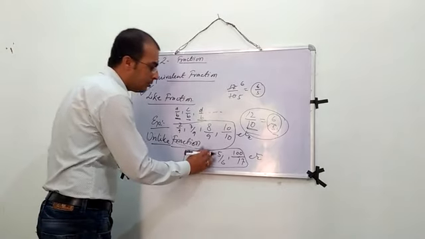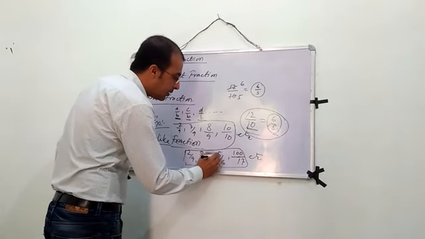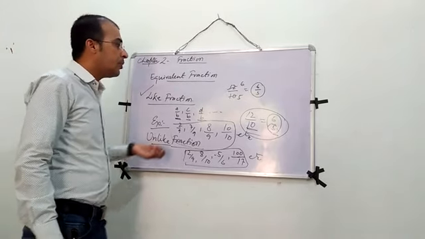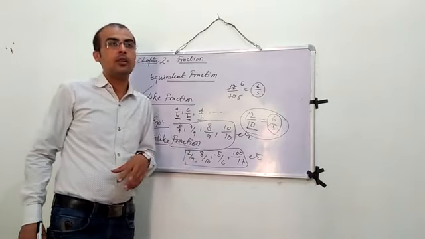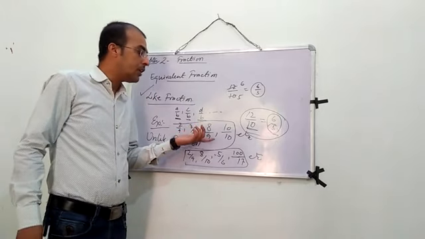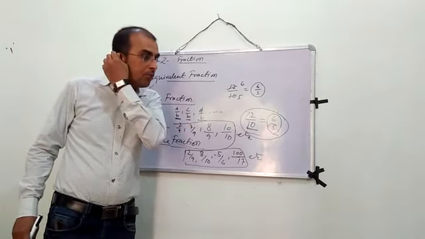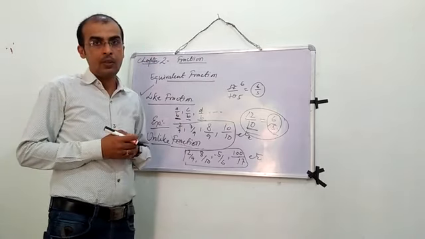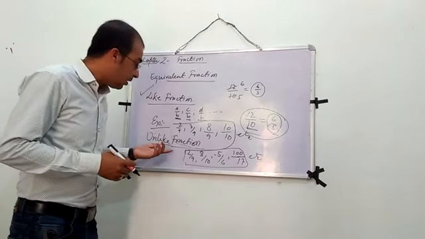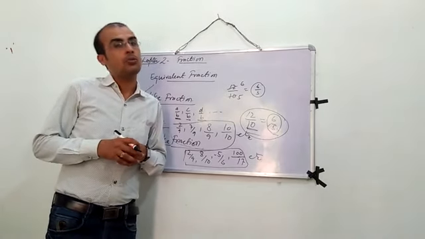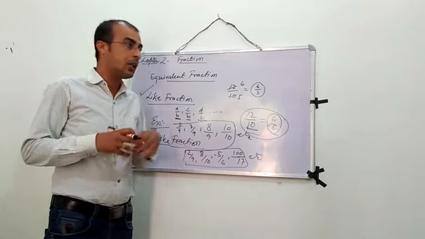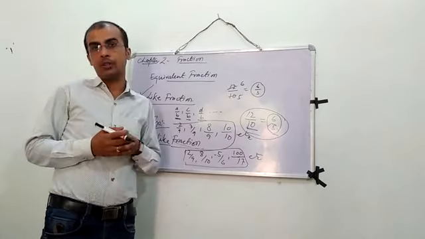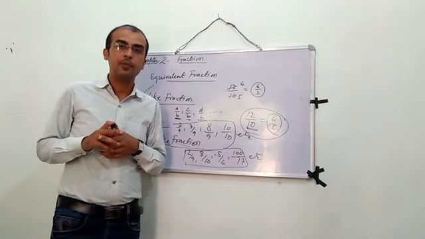Fractions may be negative also, no problem. You can take, for example, minus 5 by 6. But here you have to see only the denominator, not the numerator. If the denominators are equal, we can say that the fractions are like fractions. And if the denominators are not equal, they are unlike fractions. Addition and subtraction of like fractions and of unlike fractions, you will study in the exercise. Is it clear?